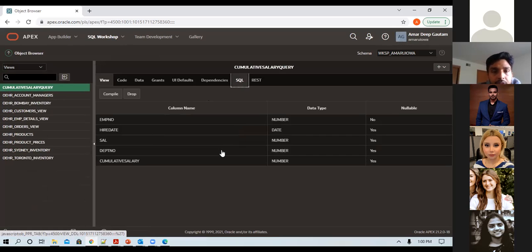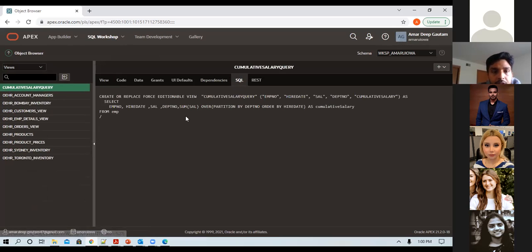Yeah, here is your SQL. Okay. This is a SQL. On top of that, you created a view. With a view, you don't have to rewrite the query. That's one of the main attributes of a view.